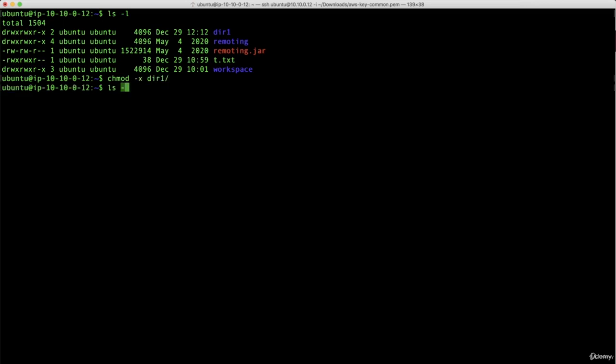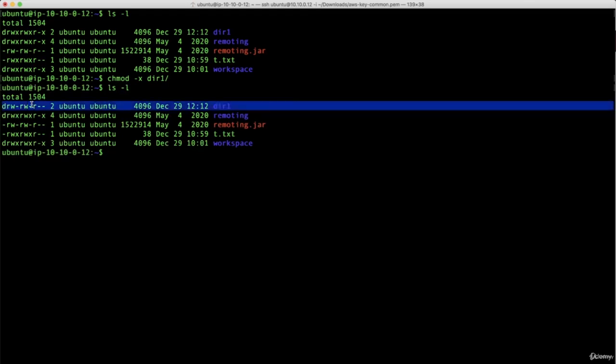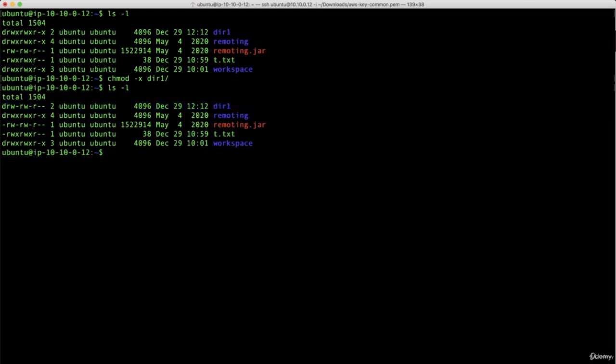Okay, so ls -l. Now we don't have any execute permission on dir1. So if I try to go inside it, even though I am the owner of this, you can see permission denied. Even if I type ls, you can see that it is readable for everyone: other, owner, the group, whatever. With dir1, I'm able to read what is inside it,